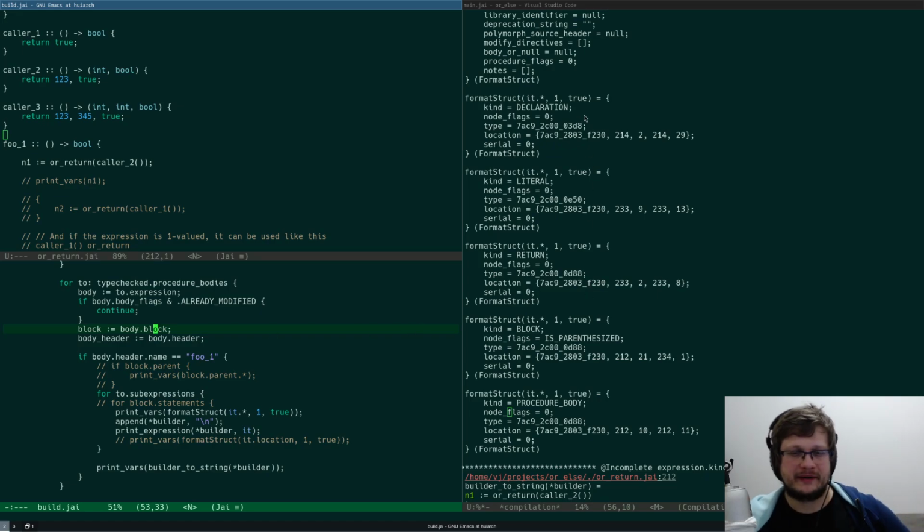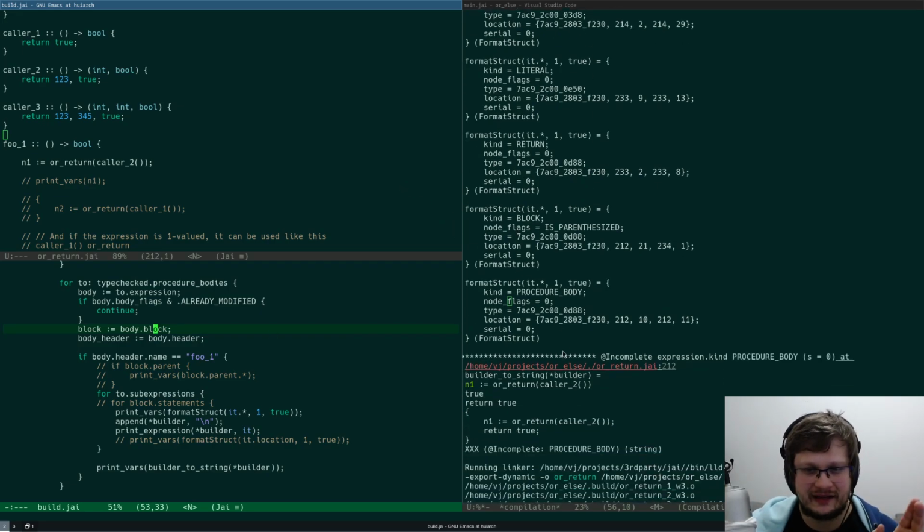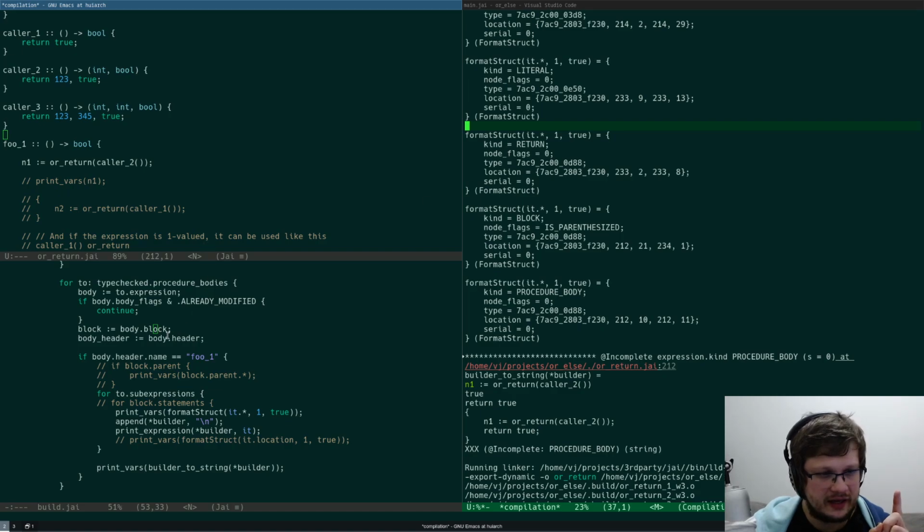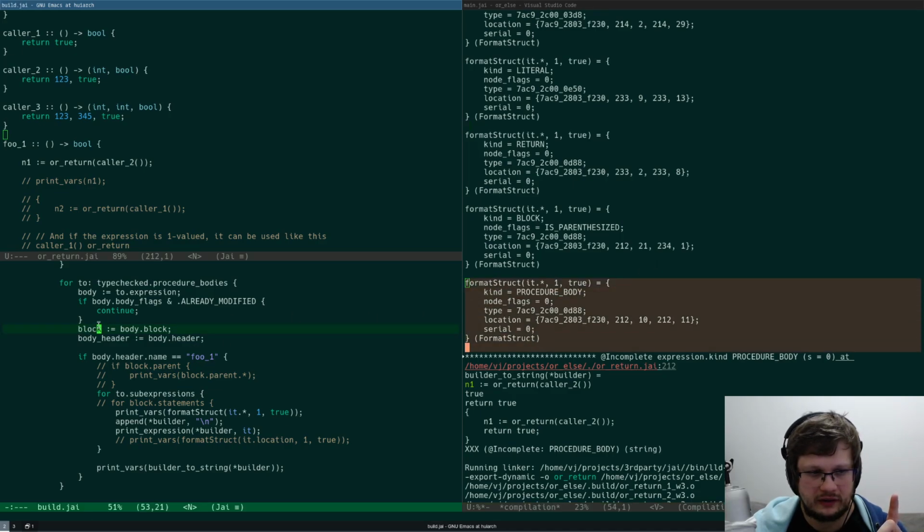So yes, okay, sub-expressions also don't contain declarations. It means we need to go through the block itself, like this block, and maybe go through block statements. No, we already did that.